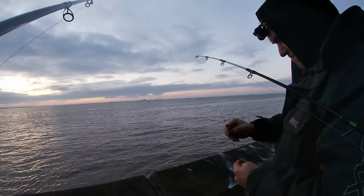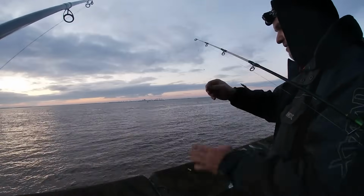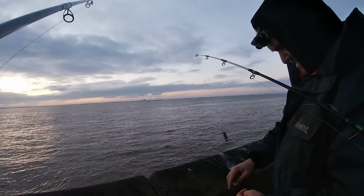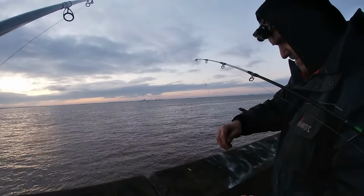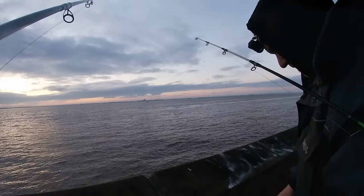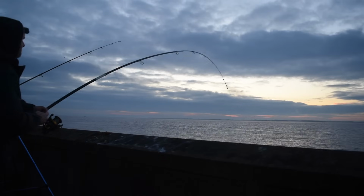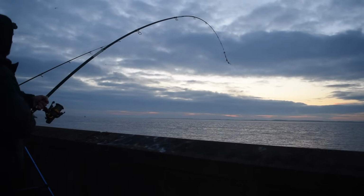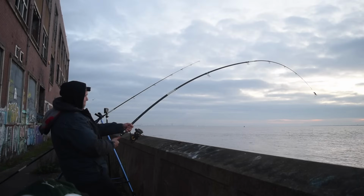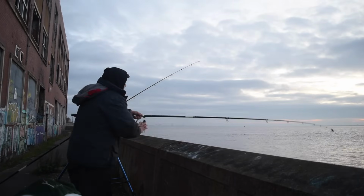Just slide the weed straight off the end, because this is probably going to take a good 10-15 minutes or so to clear off here. It's just along the complete length of line as well. I think we're going to end up having to...